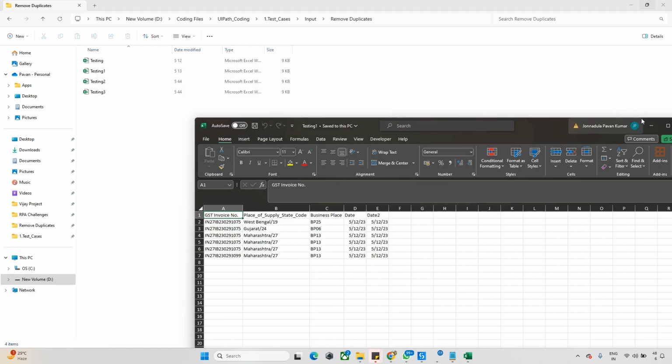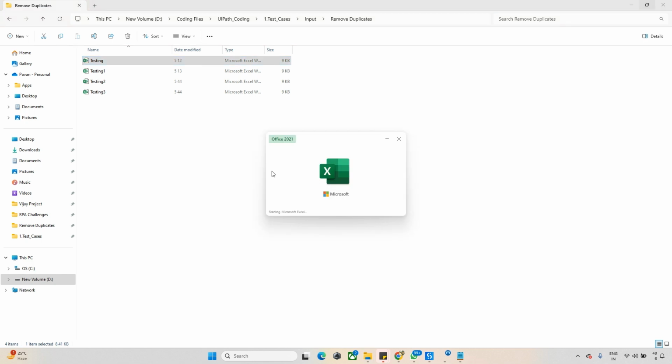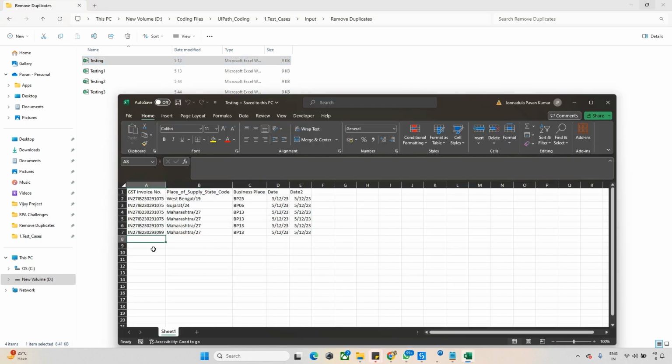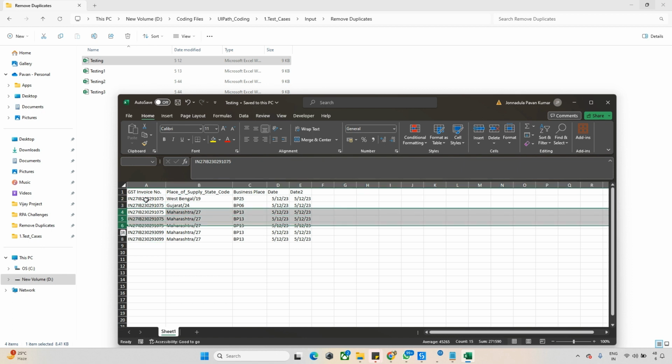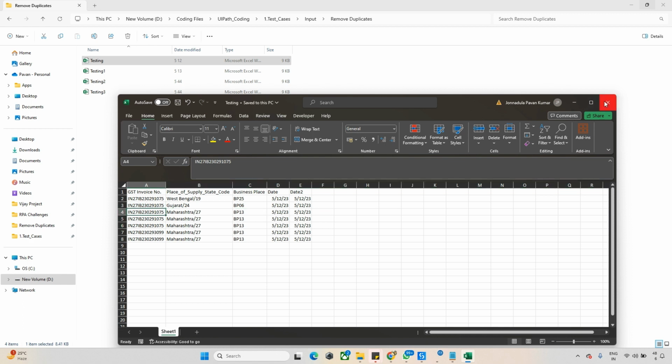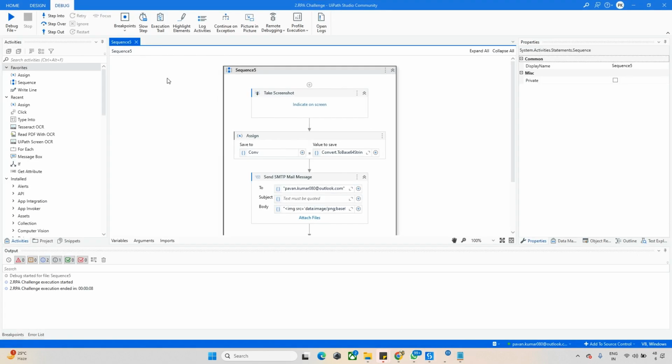Let me put one extra column in sheet one, just for our reference purpose. I will put one new column here and change this value. When you check here, this is the duplicate. Out of this, we need to get only one. Now let me close this and move back to UiPath Studio,